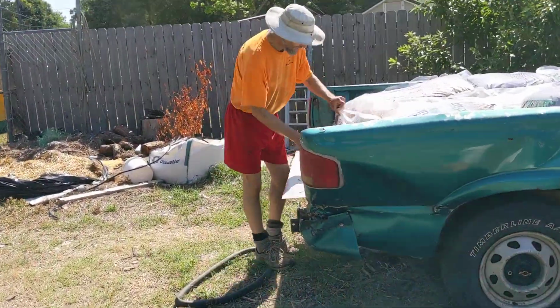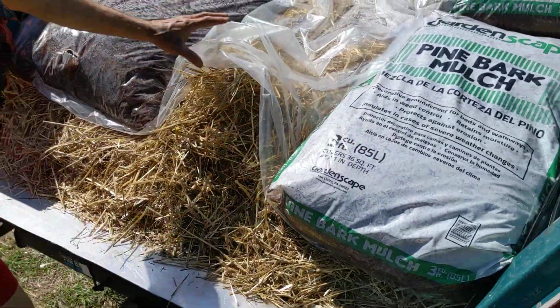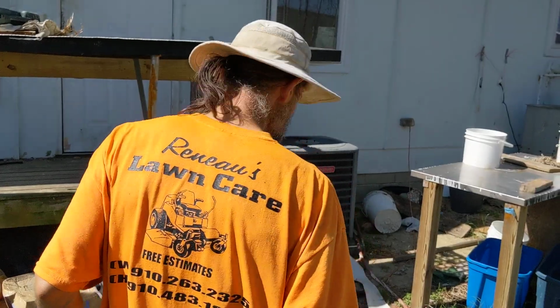I get this stuff for free wherever they give it away. Well, I don't want to give away my secret, but anyway, just buy straw and use it to bed your earthworms in. So what I'm going to do,